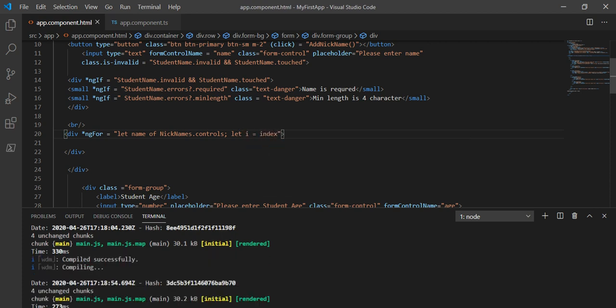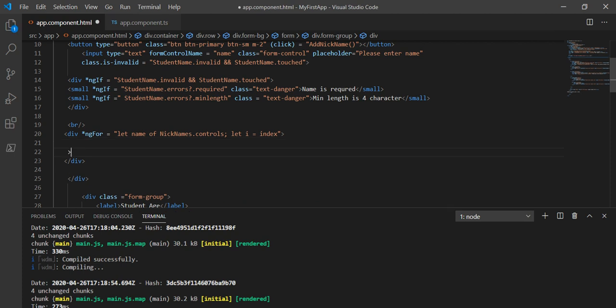We have learned about the ngFor loop in the Angular tutorial series. If you don't have an idea how we create the ngFor directive in Angular 8, I recommend you go to the Angular tutorial series and see how we create the ngFor loop. So here we have taken the index as well, and after taking the index, we will create one input, and the type of that input we are going to show for the user is text. And in reactive forms, we know every reactive form control has a form control name, and that should be unique. So we will add that.